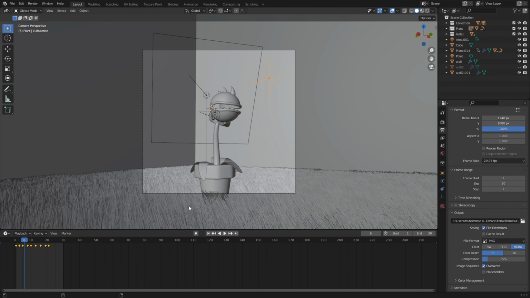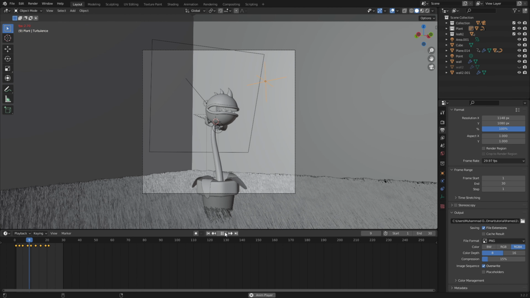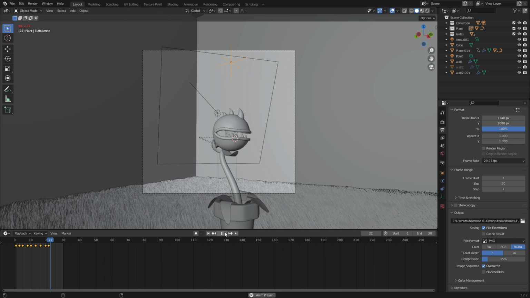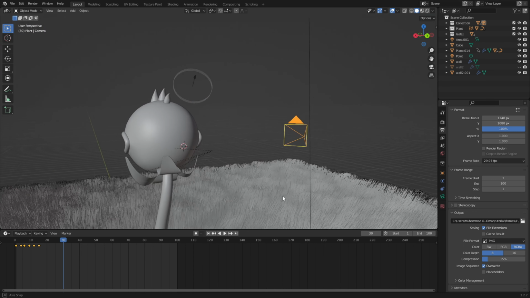Okay, so we have the animation here. That's the animation. We can make more. Let's change the frames to, you think 100? 100 will be alright. And then make a keyframe at 30. Select the camera and go